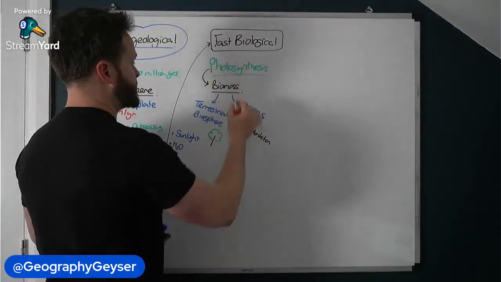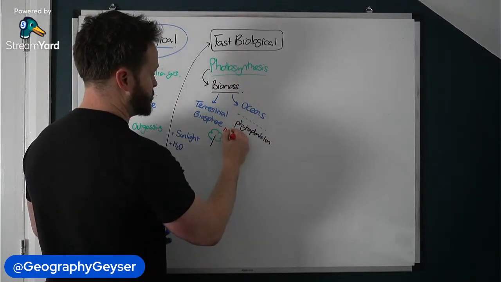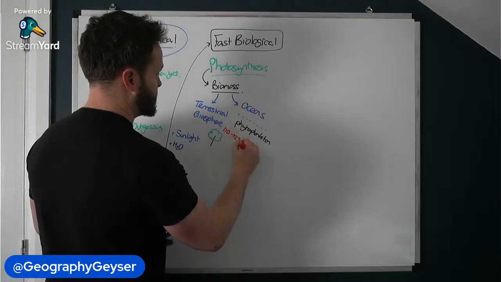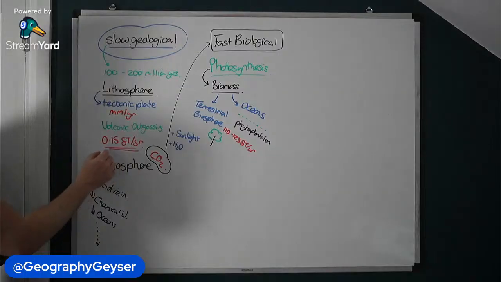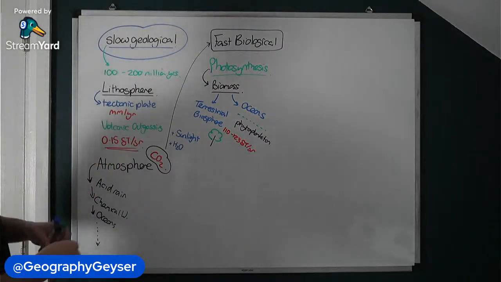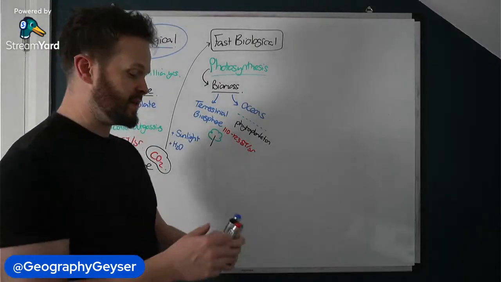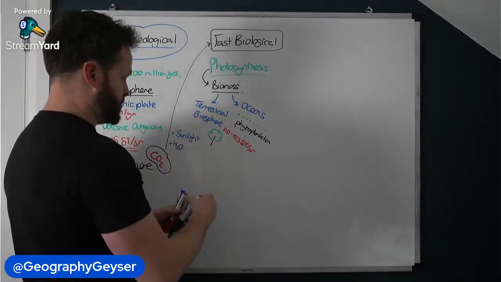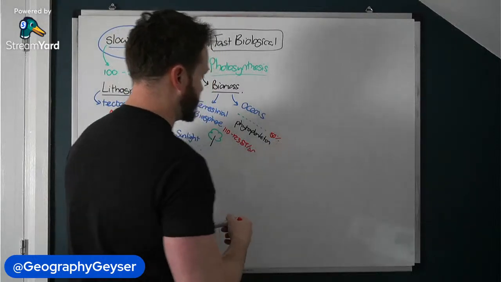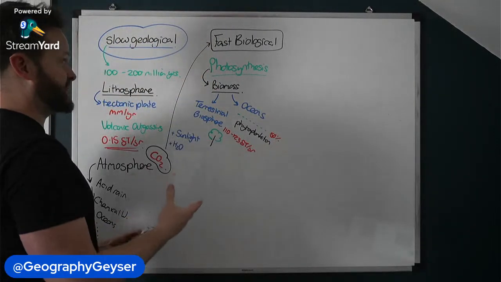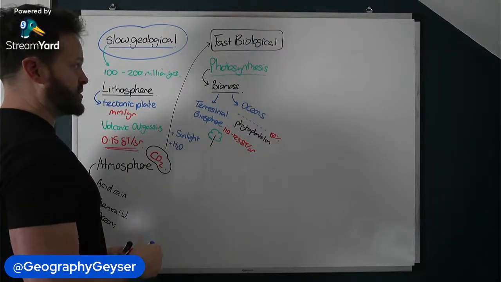So it'd be either photosynthesis via vegetation into the terrestrial biosphere. This takes place at a rate of around 110 to 123 gigatons of carbon per year. So you can see that's significantly larger, isn't it, than the rates of volcanic outgassing. So photosynthesis is one of those processes that is large volumes. Phytoplankton, they are responsible for 50% of global photosynthesis. So they contribute massively to this movement from the slow geological cycle to the fast biological cycle.